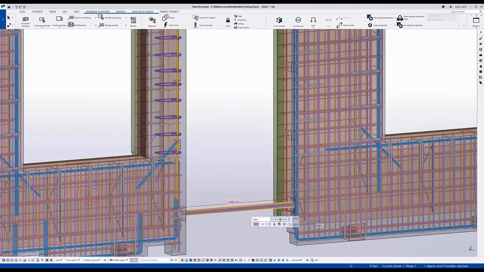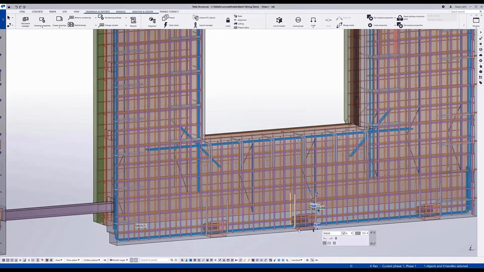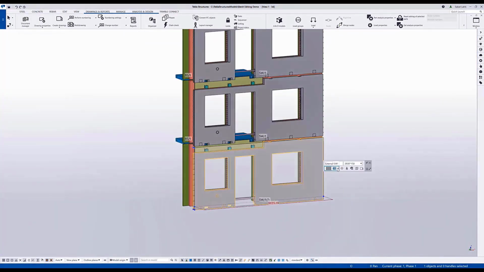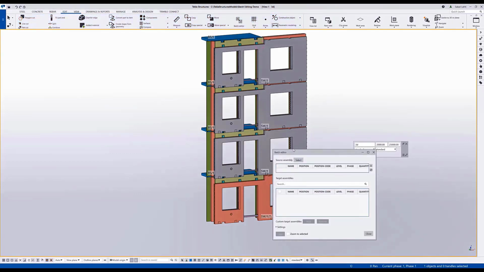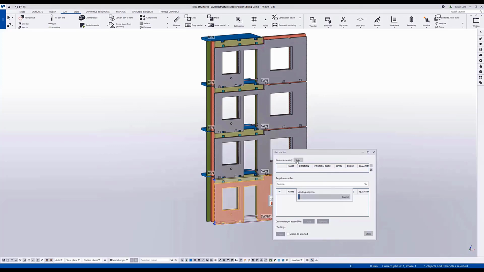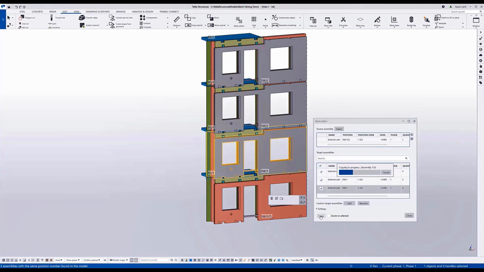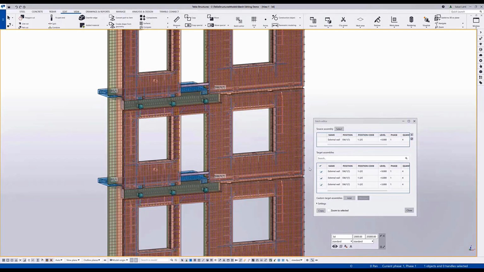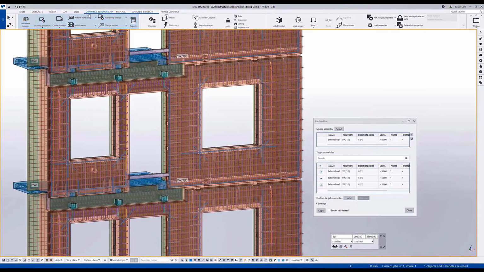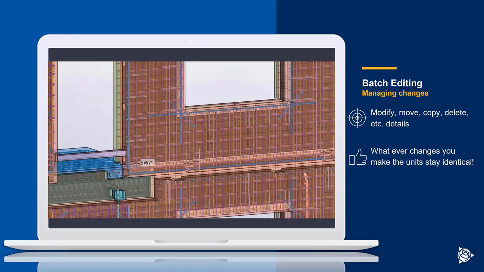Here are the detailed walls. There's the tube from the previous example where we changed its profile, moved one of the connections, deleted one, and then changed also the class to make changes more visible. Then launching the patch editor, selecting the source, and now I want all of those three walls to get the same edits. And after it has copied it, you can see that the same changes have been applied. And even when I run the numbering after, you can see that the position number stays the same.